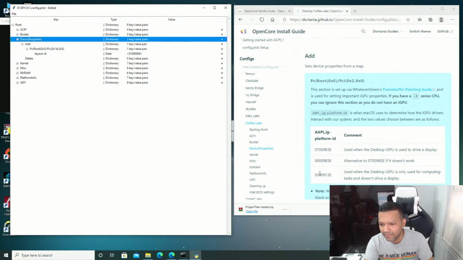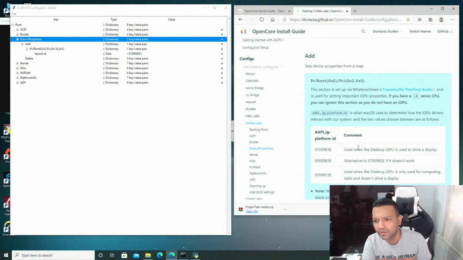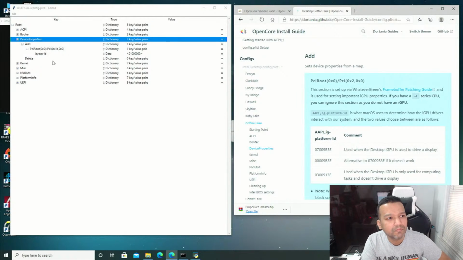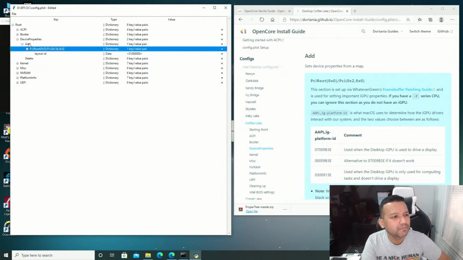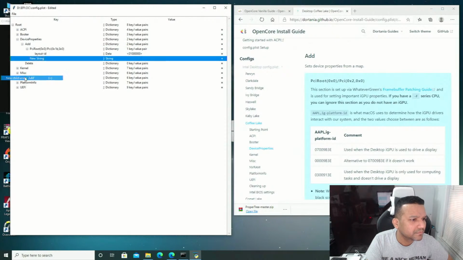So you guys can see here, this number 3 right here, use when the desktop iGPU is only used for computing tasks and doesn't drive a display. Now I'll show you guys how to do that first, then I'll explain more. Okay, so we need to add one more under here. Actually, new child, okay,